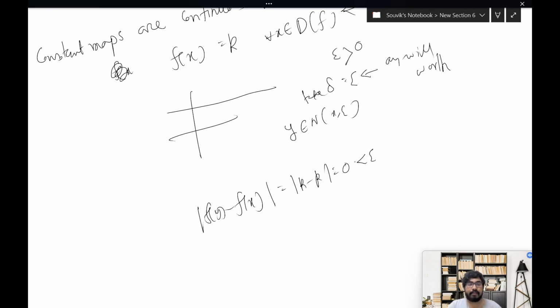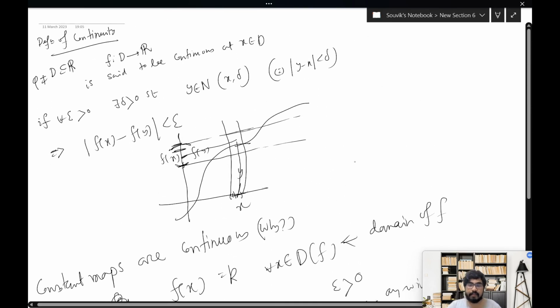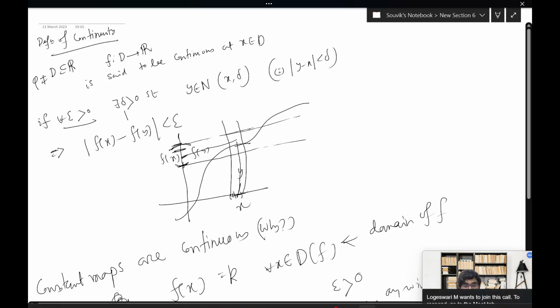By the way, mind the definition once again. The definition tells that for any epsilon greater than 0, we can get a delta greater than 0. By definition, this delta may depend on epsilon. But in some particular function,